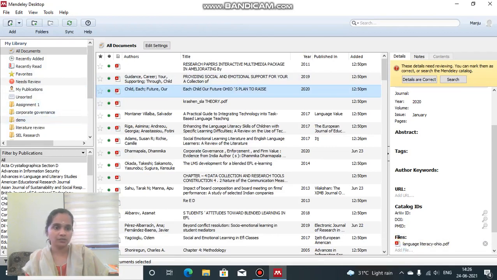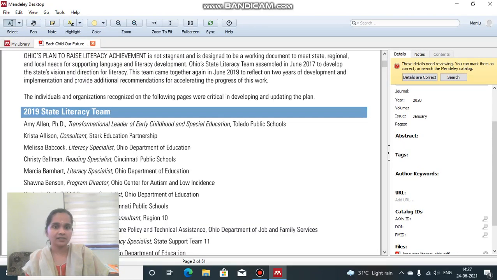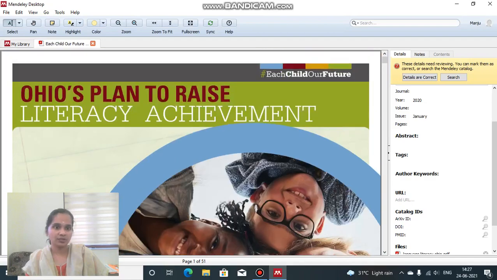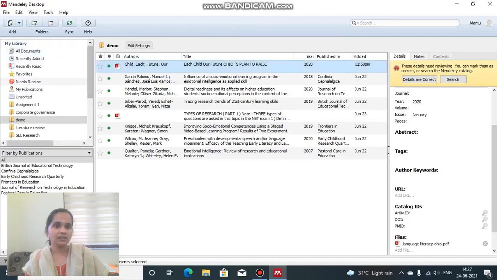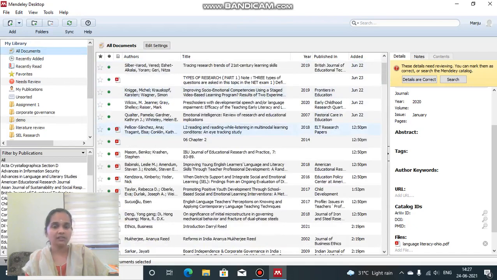So I just added it to the demo folder. We have just gone through this brochure, and it is added to demo. Like this, with a single click you can view the documents right from here, and you can drag and drop them to the particular folders you want. So that's really easy for us.